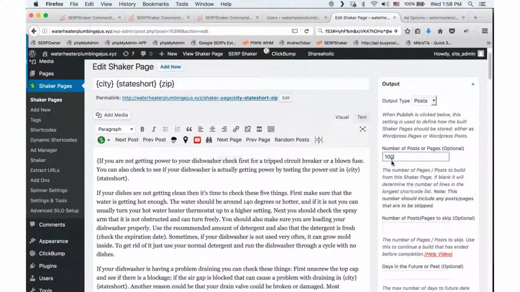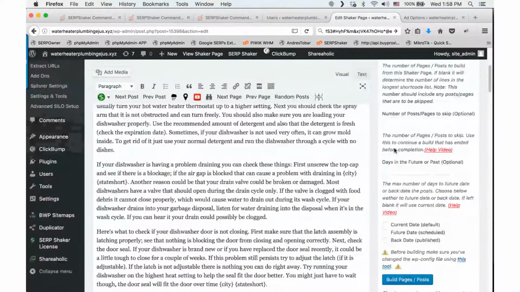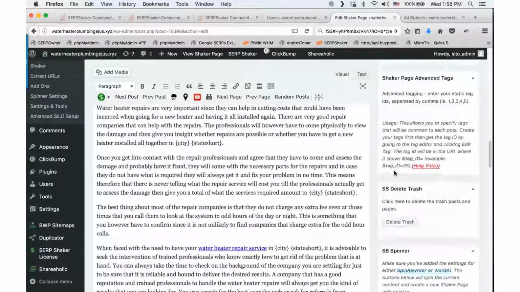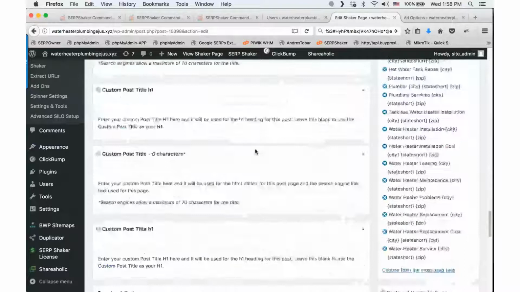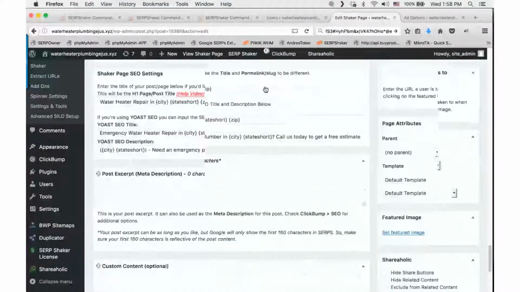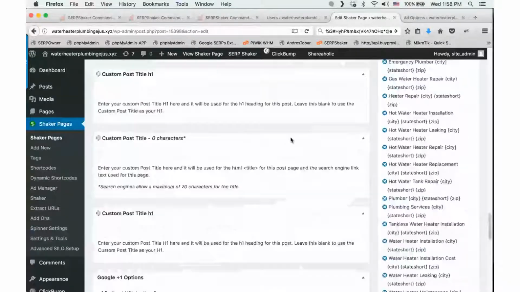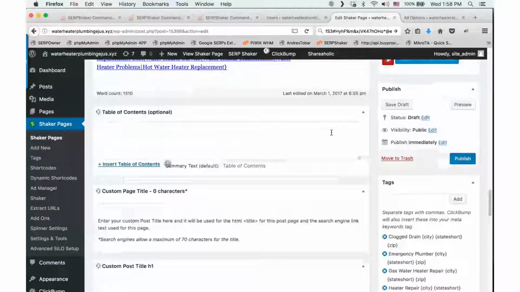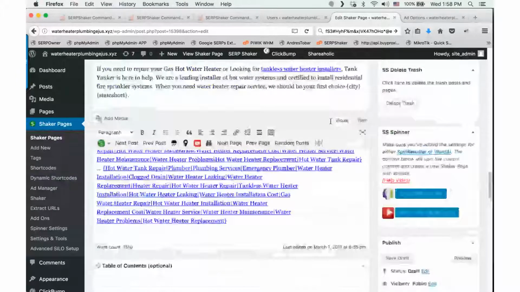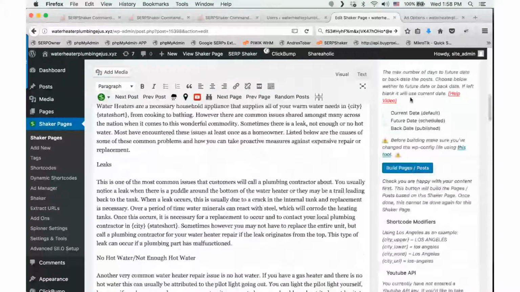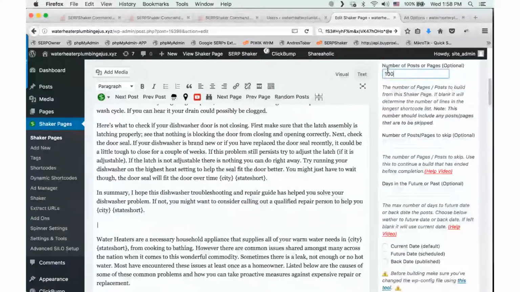Just do like 100 to keep it simple. This one is, like I said, very, very simple. There's none of the built-in areas that you have to add, any extra shortcodes or anything to it. Everything's pretty much good to go. You just choose however many you want to build or leave it blank if you just want to build the max number here, which I believe,